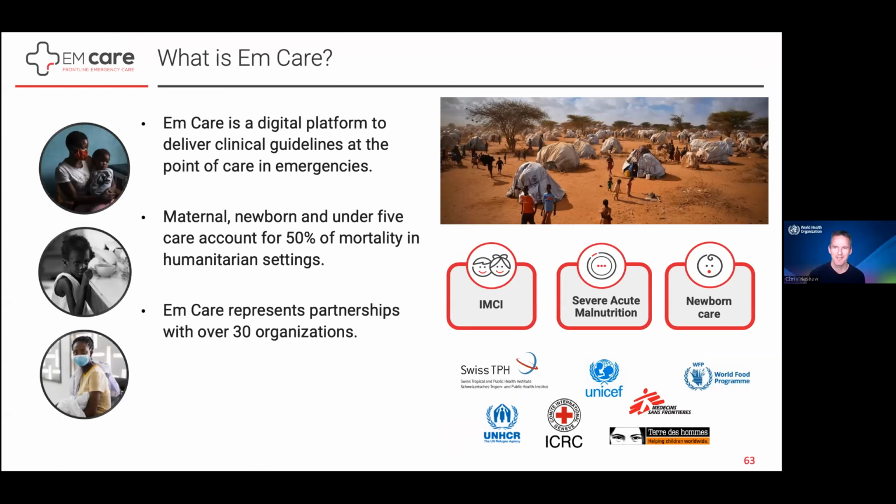I'll be quick. Very briefly, we have a project now called MCARE, which is all about using the SMART Guideline approach, which Garrett described before, and applying it in emergency settings, where adherence to guidelines and providing high quality care can pose particular challenges. Our starting point for this project has been an L1 guideline called IMCI, which stands for the Integrated Management of Childhood Illness, because this is where